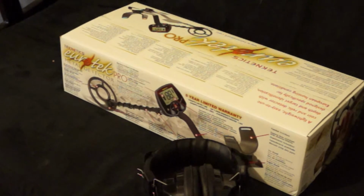And besides, the Eurotek Pro is not a lot more expensive than some of our pinpointers. It's $100 more expensive than the Garrett, $50 or $60 more expensive than the Mind Lab and the Pro Pointer. So at worst, I got a slightly expensive pinpointer, and an added benefit of this for you people with the mega bucks,